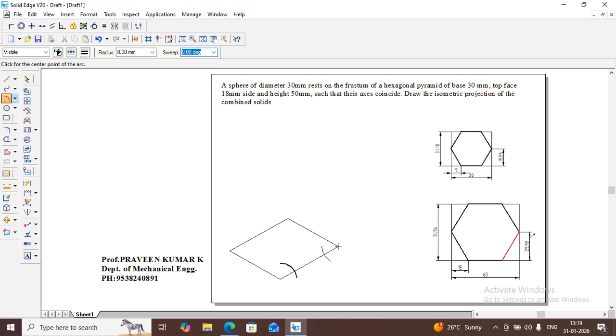Now this one, I want to find this one, so I'll go to arc by center. This is 25.98, the radius is 25.98. Press enter from your keyboard and construct this. I got this point. Next I want to find this and this, so these two are 15 mm from the